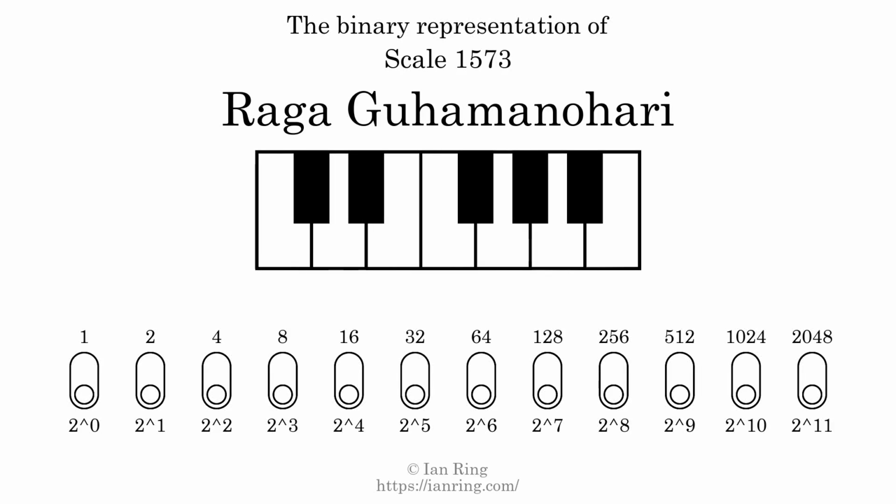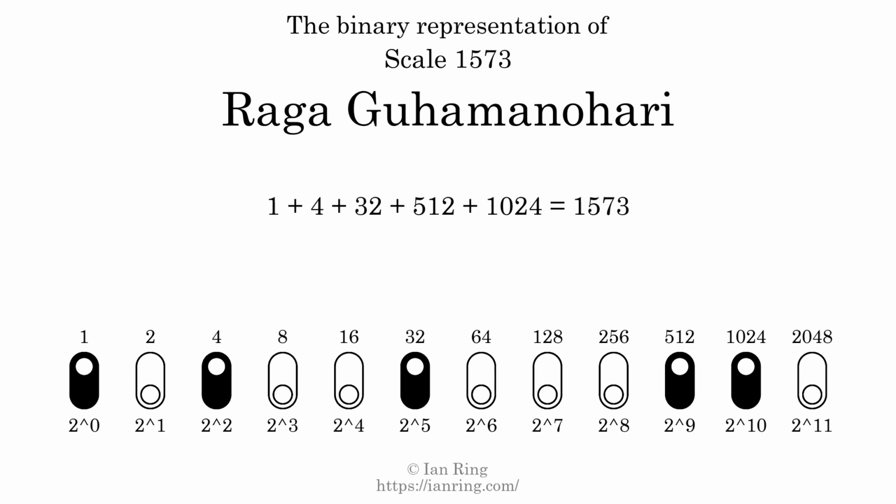The binary representation of this scale is determined by mapping tones of the scale to binary digits. Each binary digit represents a power of 2. To get the scale number, we add the powers of 2 together. The powers of 2 that are present in the scale, all added together, equals 1573. That is why the scale number, in decimal, is